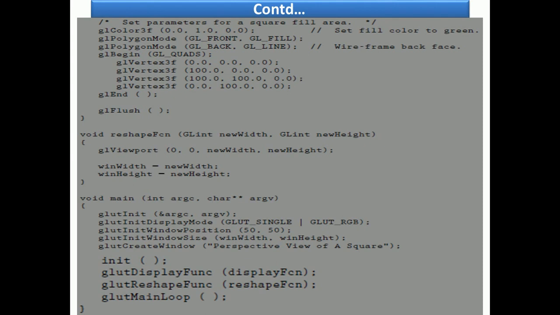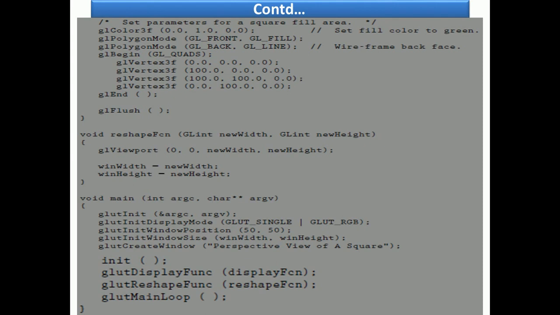Next we are setting the parameters for a square fill area with glColor3f, which will set the fill color to green. Then for the wireframe back face, we are using two functions here. glPolygonMode, for the front face with GL_FRONT, and GL_BACK. So we are using glPolygonMode for the wireframe back face.